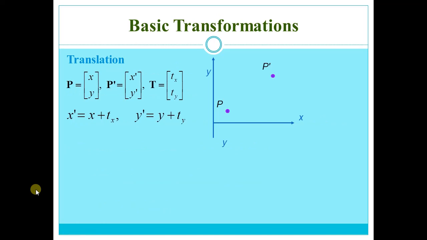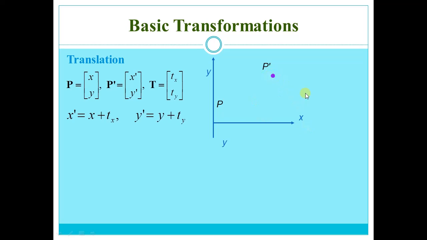First of all we will discuss basic transformations. Here, if you want to translate the point P to P dash, the point P is given, which has coordinates x and y. If you want to translate the point P to P dash this way, after translating by some distance, that is along x dx, along y dy, what are the new coordinates of P dash?